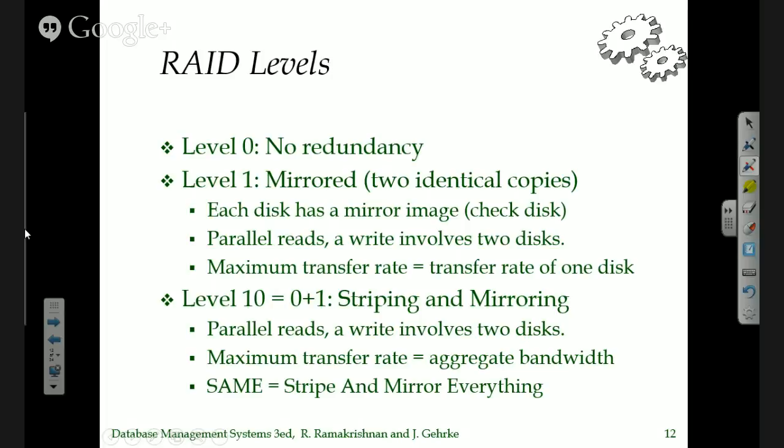And then there's something called level 10, which is, so level 0 is no redundancy, but it basically stripes the data so that part of the data is on one disk, the next page on another one, the third page on the third one, and so on. And then level 10 is striping and mirroring. What this means is that